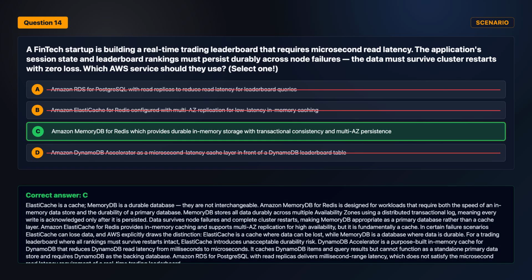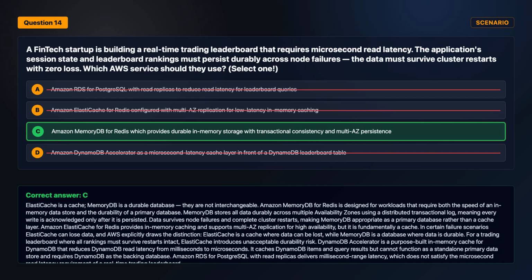The correct answer is option C. ElastiCache is a cache. MemoryDB is a durable database. They are not interchangeable. Amazon MemoryDB for Redis is designed for workloads that require both the speed of an in-memory data store and the durability of a primary database. MemoryDB stores all data durably across multiple availability zones using a distributed transactional log, meaning every write is acknowledged only after it is persisted. Data survives node failures and complete cluster restarts, making MemoryDB appropriate as a primary database rather